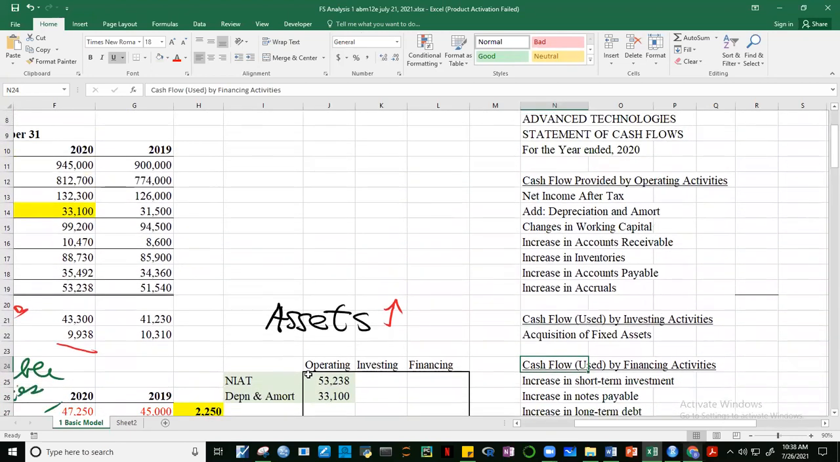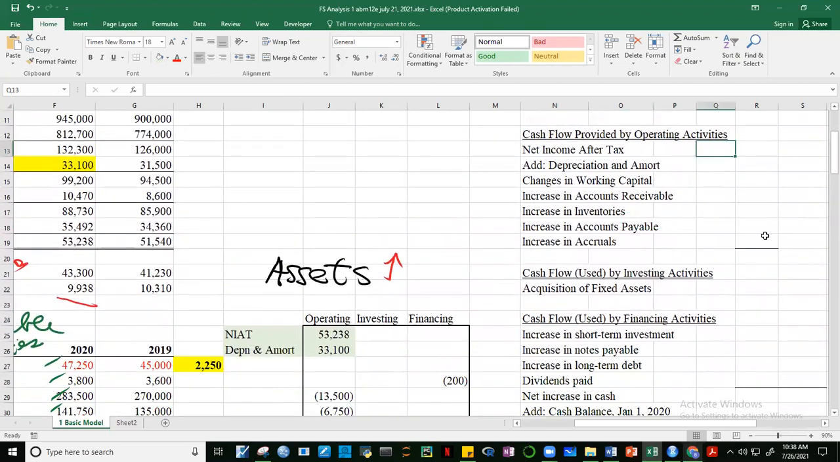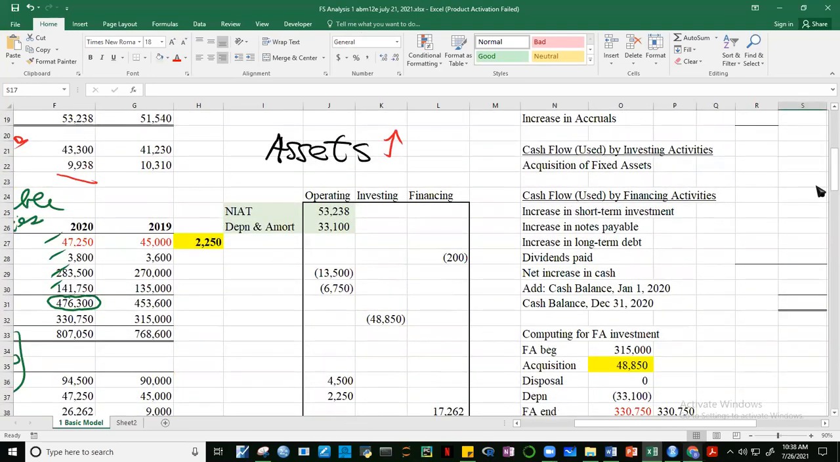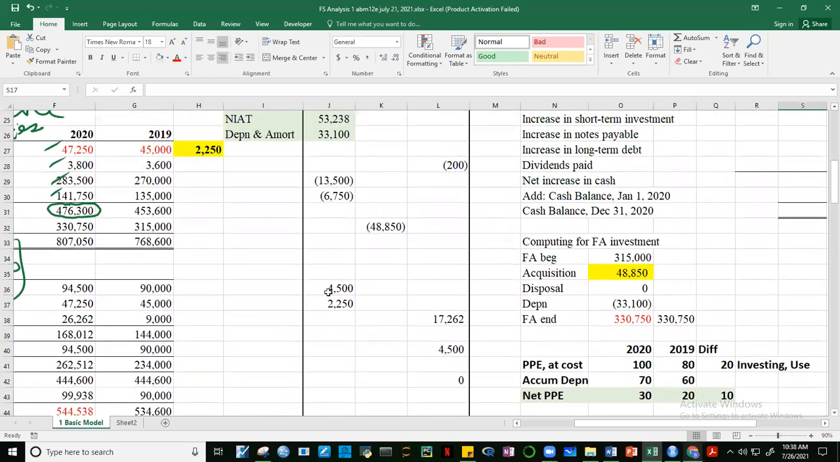Okay. So susundan lang natin yung proforma, guys. Simple, no? We'll start with net income after tax. Dito na natin kunin, no? Add depreciation and amortization. Okay? Then, lahat ng nasa operating, guys, ilalagay lang natin dun. So, itong apat na to,